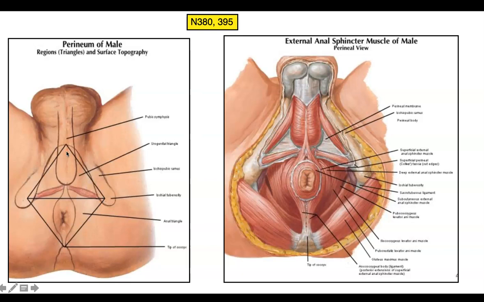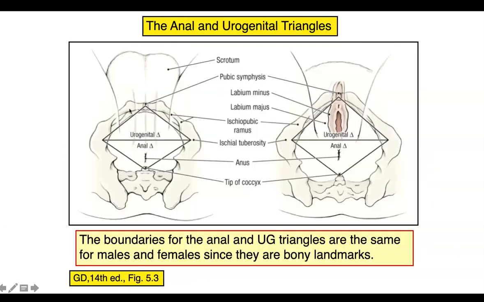It has bony boundaries. So if we abduct our thighs, this narrow space is called the perineum. And already I mentioned that the perineum is outside the pelvic diaphragm. See, this is the male perineum, and on this side here is the female perineum. So the perineum is a diamond-shaped space. If we consider the bony boundaries, you can see anteriorly the bony boundaries of the perineum are the same in both